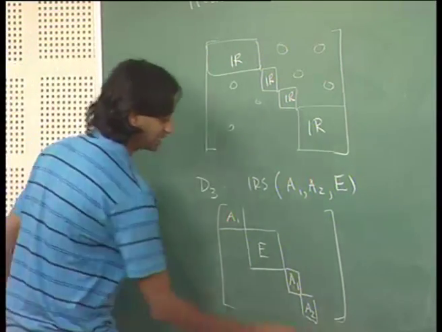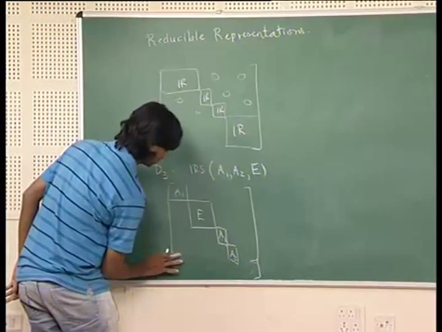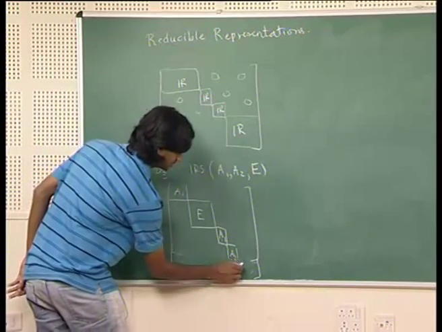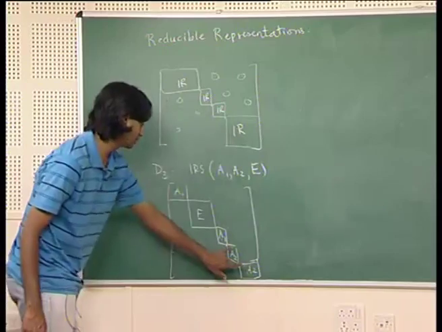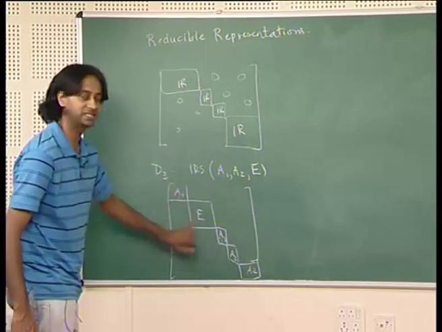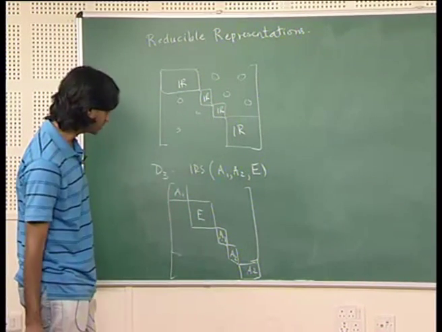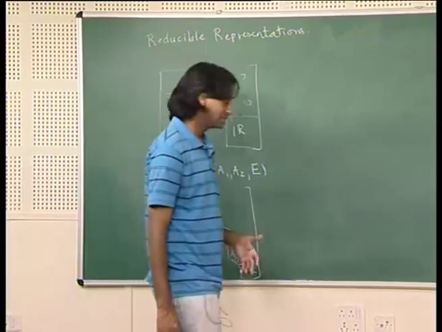So, then what you would say is, and let me show it like a square matrix, and once again you have A2. So, you say that A2 appears twice, A1 appears twice, and E appears once. Okay. Now, the question is, if